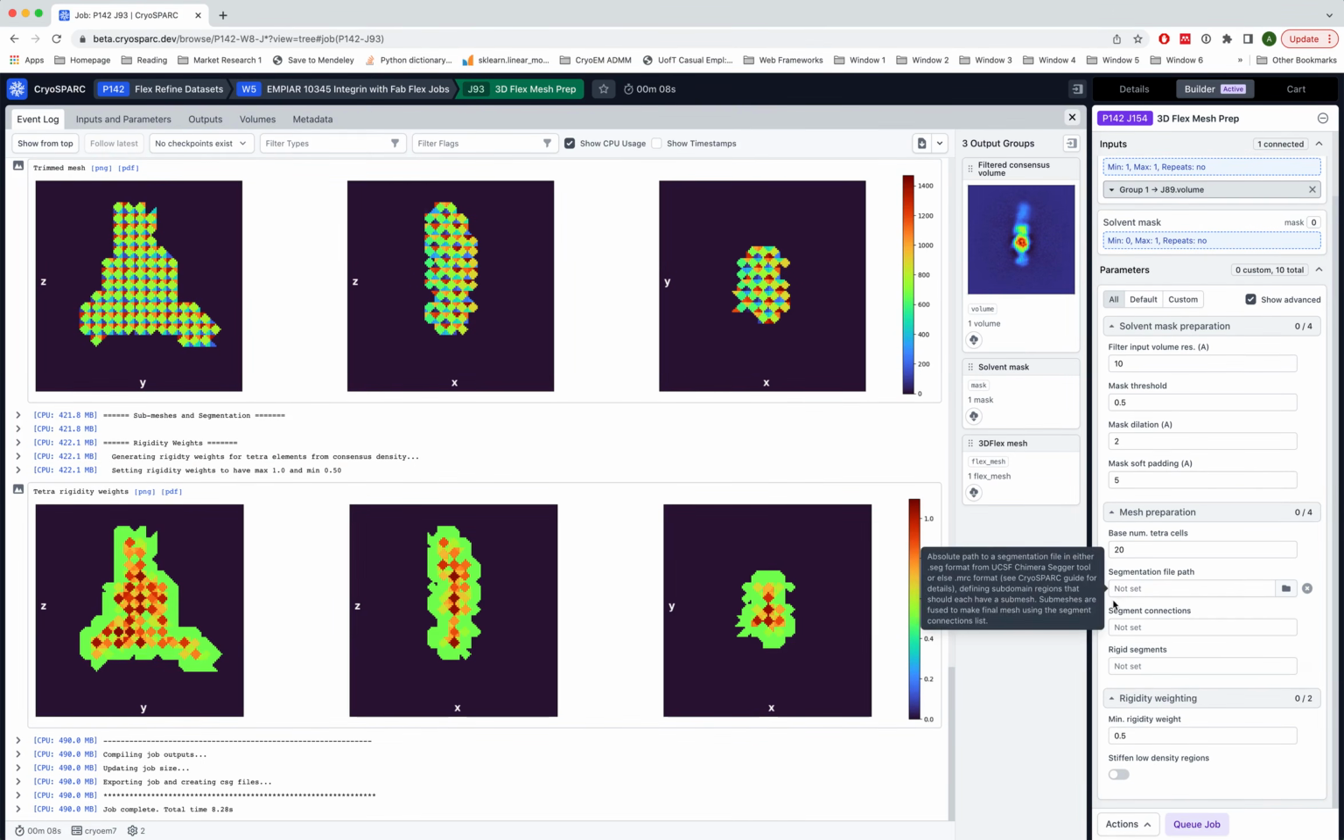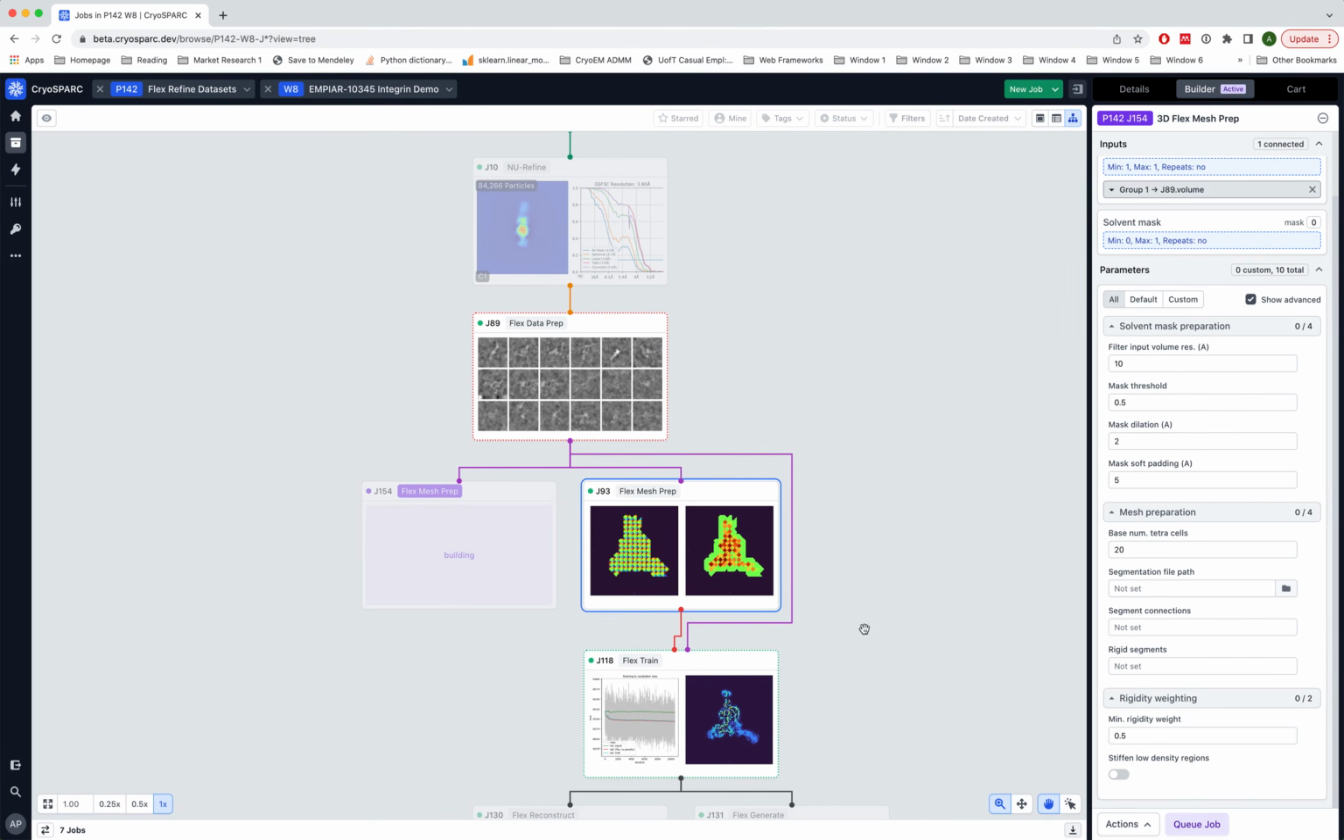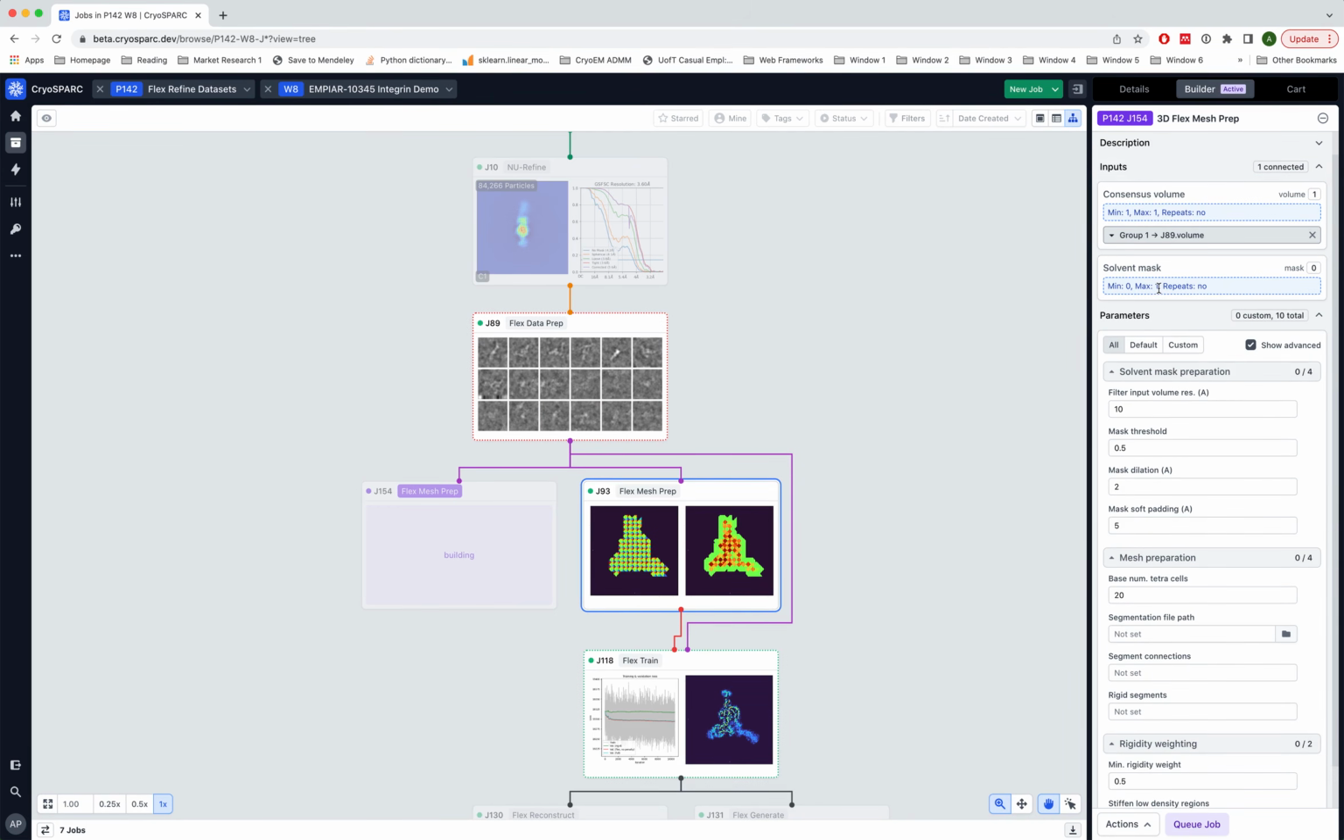All right, so I won't discuss the segmentation or rigidification of segments parameters for the mesh prep job, since that's covered in a separate video. But that essentially outlines what the mesh preparation job does. This doesn't take very long to run, and when you're creating it, again, you don't need to provide a solvent mask. The only constraint is that the solvent mask you provide or that you generate here should contain, as I